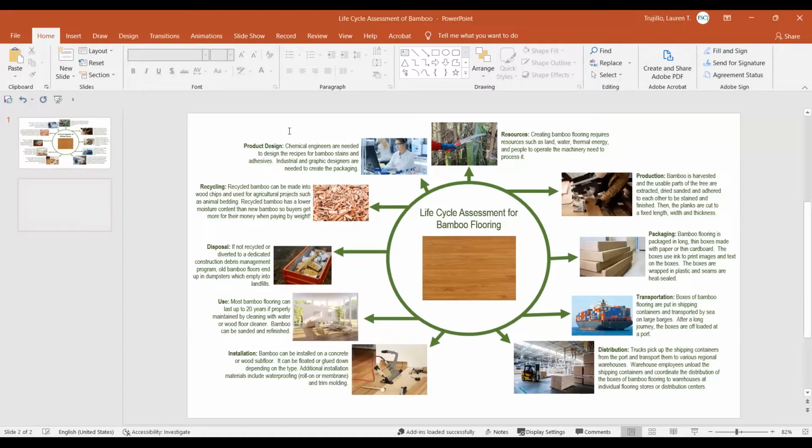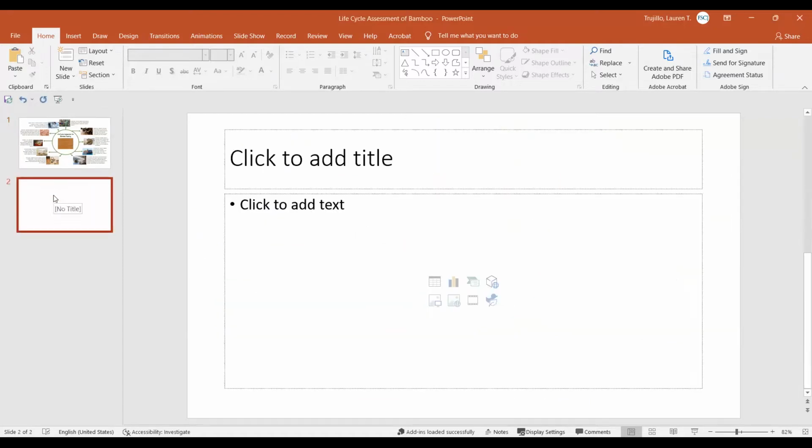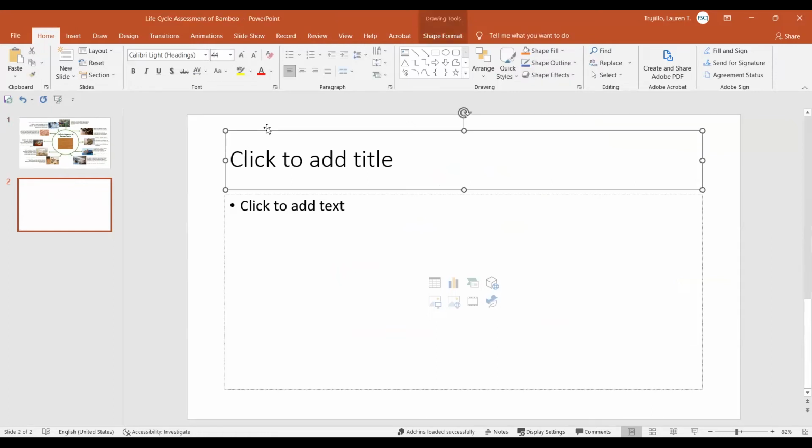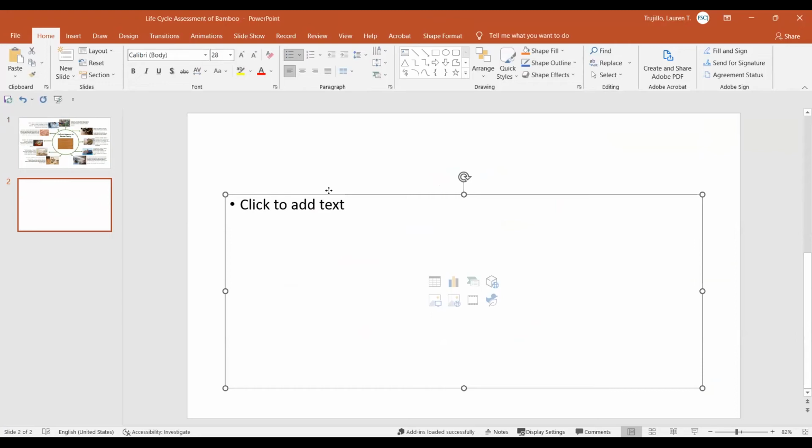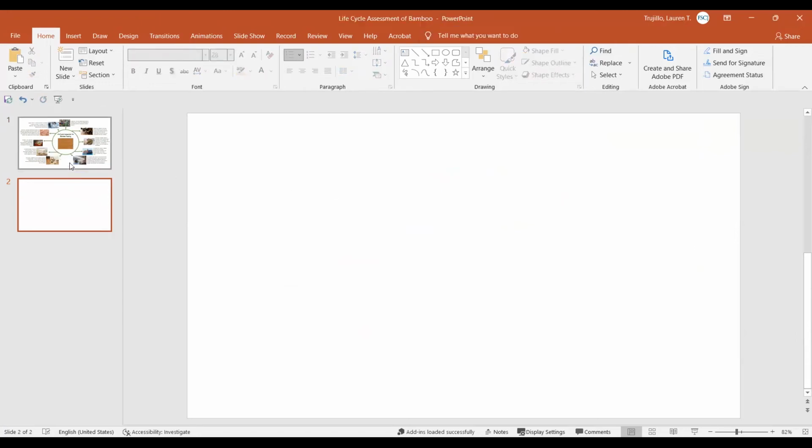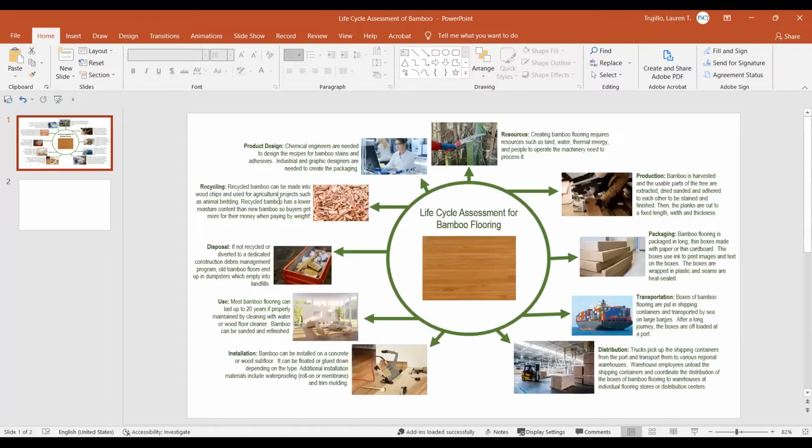You can see I began by just selecting a blank template, and then I deleted the kind of placeholder boxes first. So that was the very first thing I did. The second thing I did was I began to create the elements of this life cycle. I wanted to begin by creating that circle and then getting my arrows ready so that as I started to populate this, I would be able to move and shift images around as necessary.